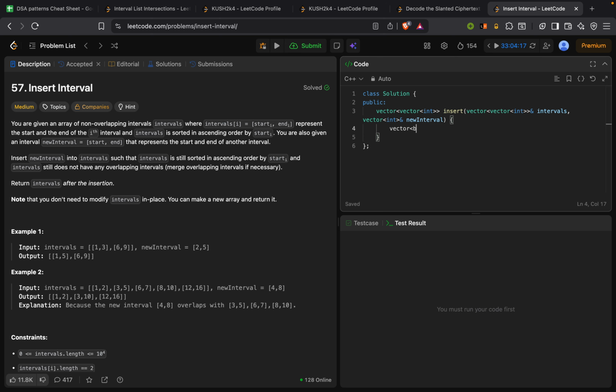Create a vector of vector int to store the values in a new vector, that is result. Now create a new variable i and has intervals, or you can write in, in dot size, and here ni, new interval as ni. Now we'll generate a while loop where i should be less than n, means i should iterate from 0 to